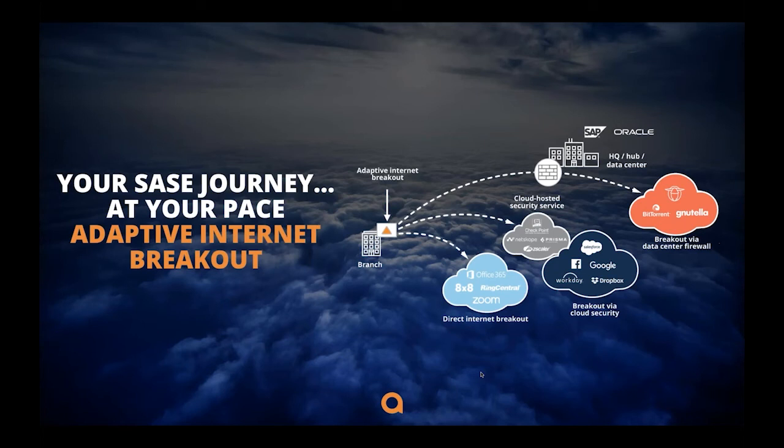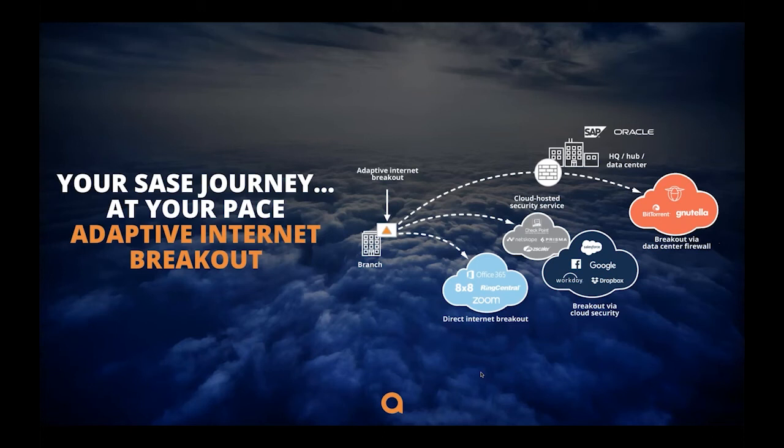Now, if we talk a little bit more about those cloud-based security services, we are able to, through automation and orchestration, add those into the data path. So for example, if we talk about Zscaler, we have full API integration into Zscaler, to the point where once you have your Zscaler environment set up, we can manage all the security policy through the Edge Connect Orchestrator. So it becomes one seamless view, so that through automation, we'll build all of the IPsec tunnels into Zscaler, and then you simply have an object that you drag into your policy